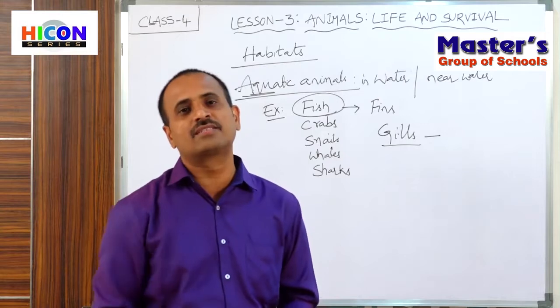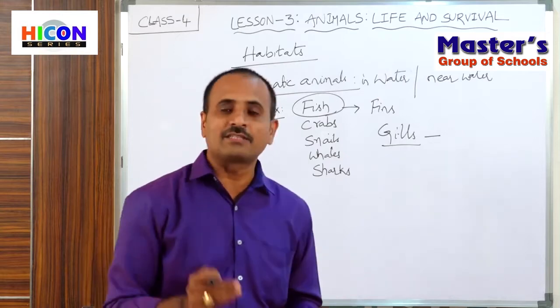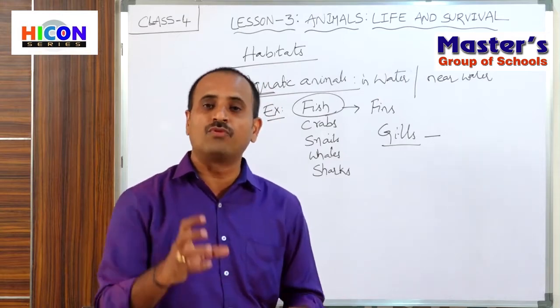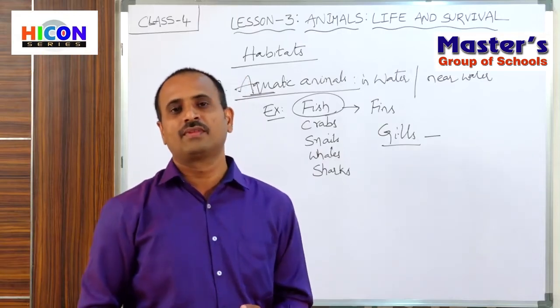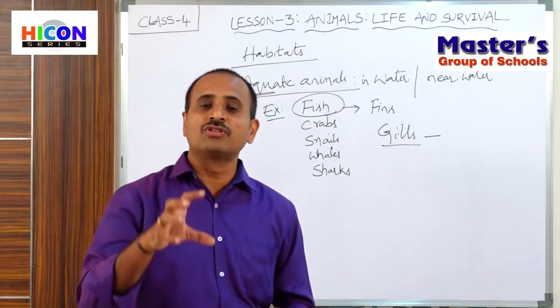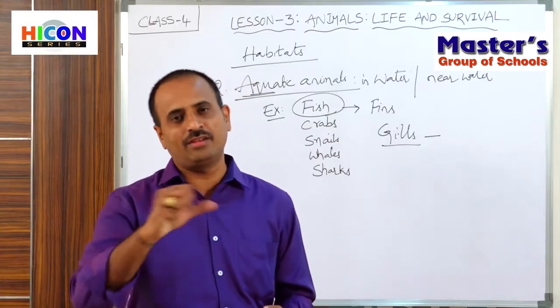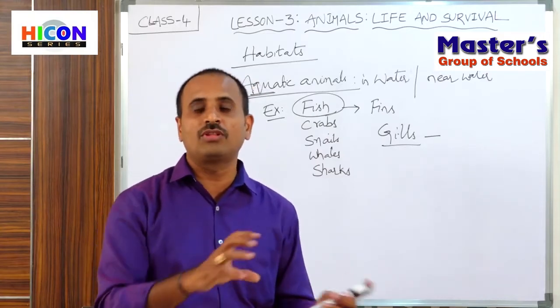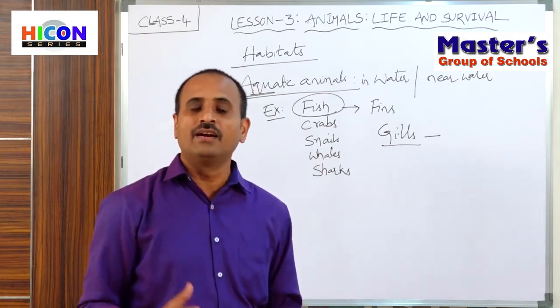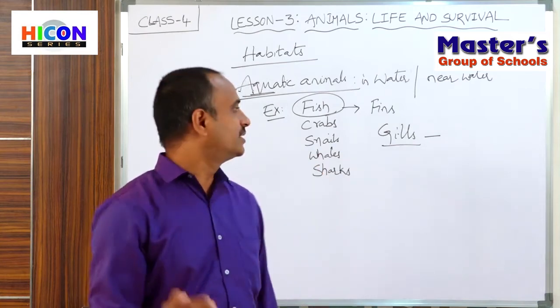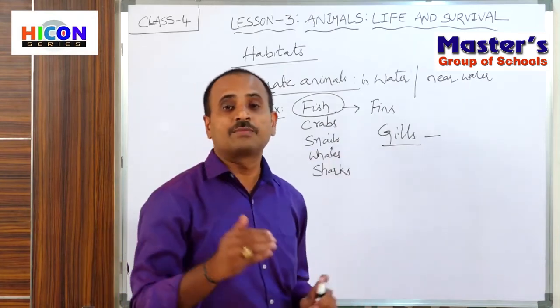Those are called gills. These gills absorb only oxygen which is dissolved in the water. These gills allow only oxygen to enter the body and do not allow the water to enter the body. So this is a special arrangement and this is the adaptation present in the fishes, especially